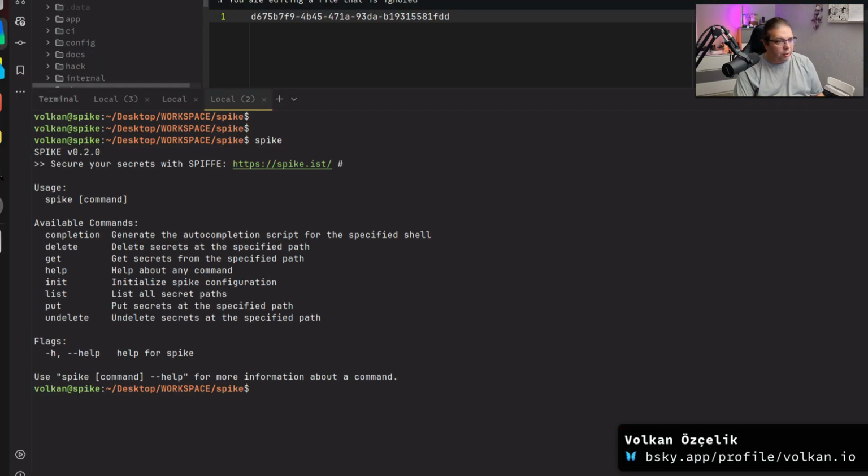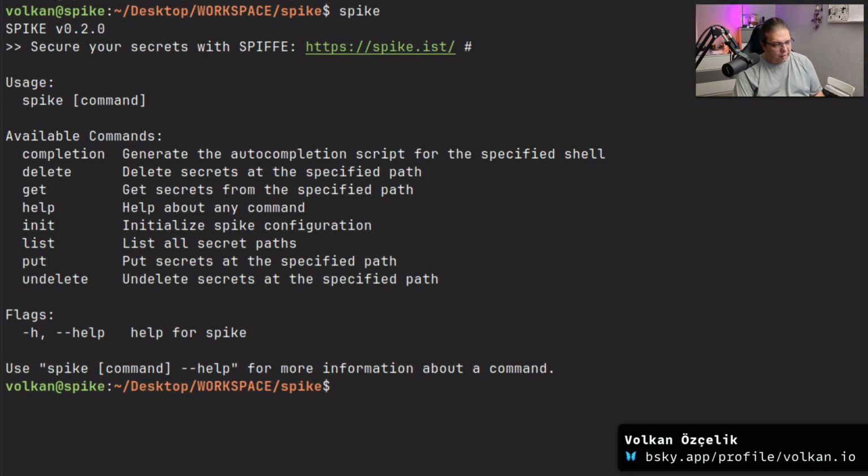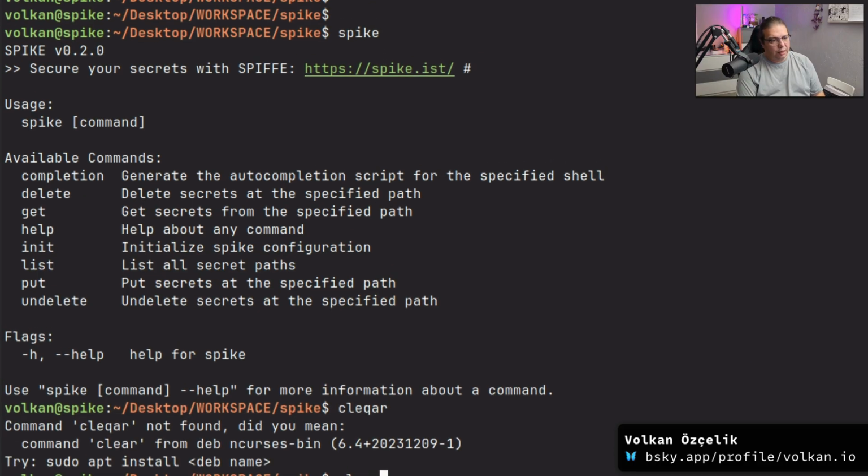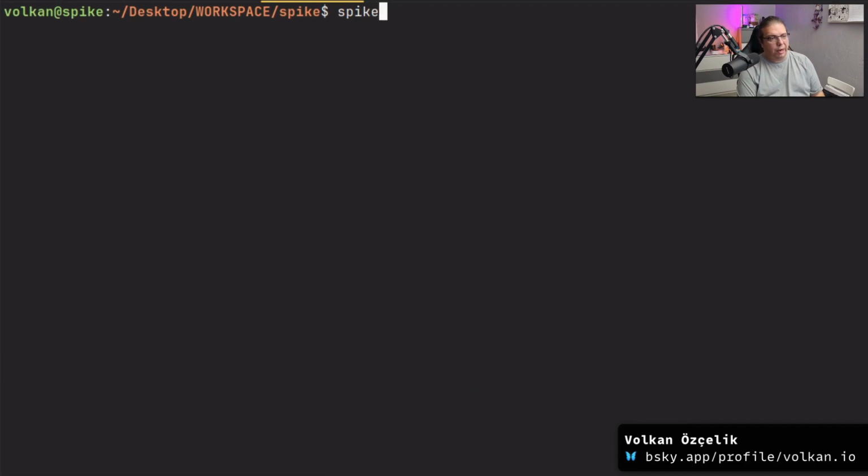So let me go to the development machine, and now you can see that my hanging process is responding to me, and I can get a response. So let me try to use it. Clear. For example, I want to Spike get tenants Acme DB creds,